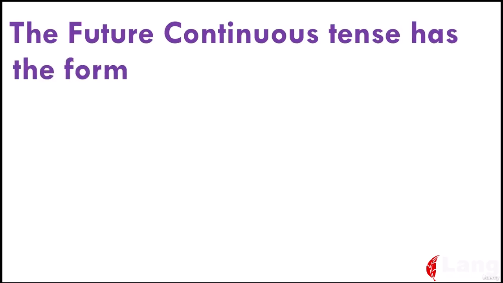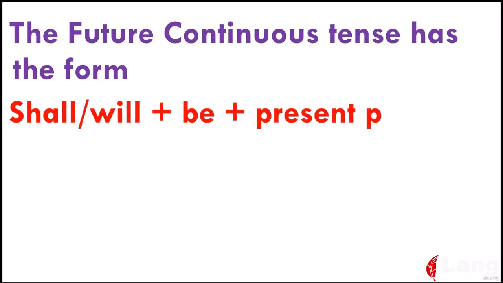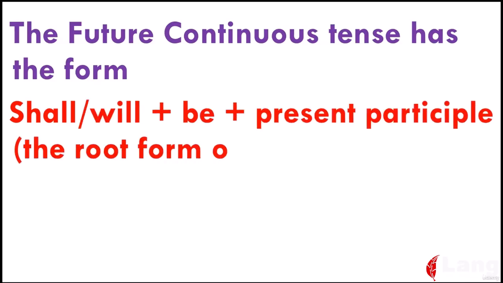The future continuous tense has the form shall or will plus be plus present participle of the verb. The present participle of the verb is the root form of the verb plus ing. Examples: